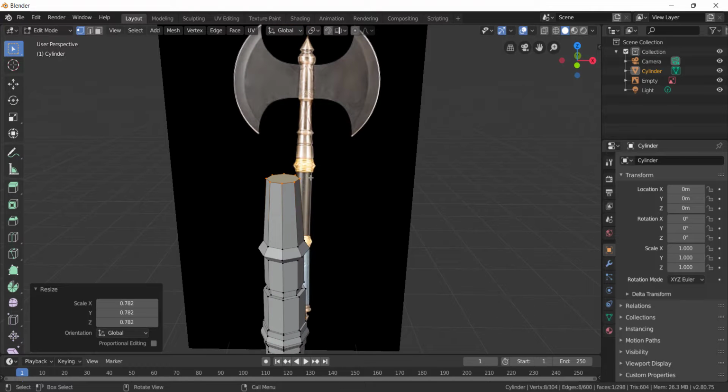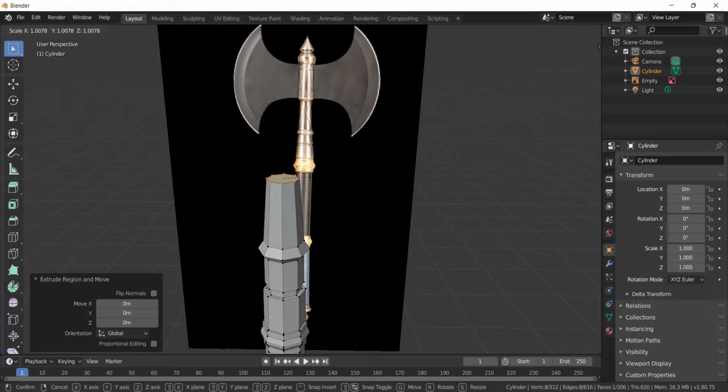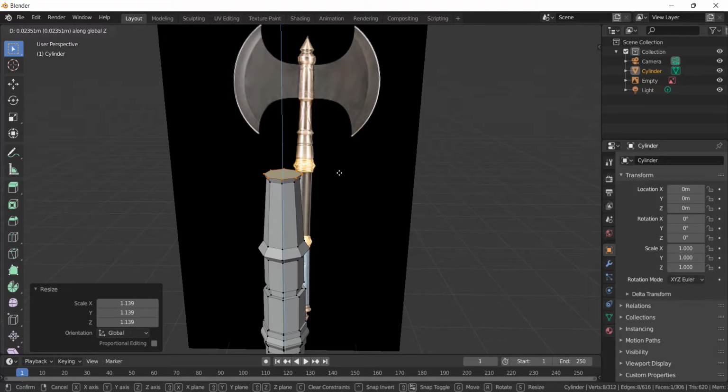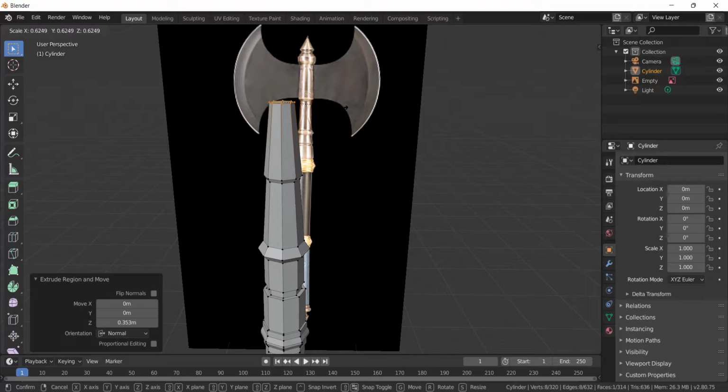Now again extrude and right click and now scale it, and I will keep it upside a little bit like this, and after that I will extrude upside and scale it a little bit,